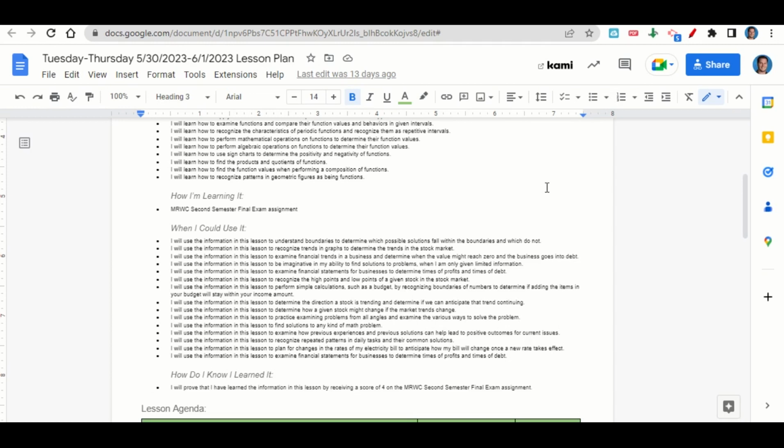to perform simple calculations such as a budget by recognizing boundaries of numbers, to determine if adding the items in your budget will stay within your income amount, to determine the direction a given stock is trending and determine if we can anticipate that trend continuing, to determine how a given stock might change if the stock market trends change, to practice examining problems from all angles and examine the various ways to solve the problem, to find solutions to any math problem, to examine how previous experiences and previous solutions can help lead to positive outcomes for current issues,